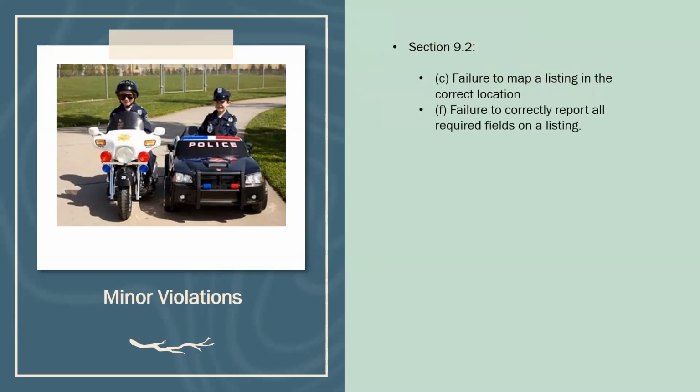All right, letter F, failure to correctly report all required fields on a listing. So if you have a listing, and let's say that you have a 3-bedroom, 2-bath house, and that's what you put it in there as, and in reality, it's a 4-bedroom, 2-bath house. You overlooked a bedroom. Okay, that is not entering information correctly into the MLS. If you have a listing and you put on the seller name "in file" or "on file," that is not correct information. Unless those members are part of a protected class, you must put their actual names on there.